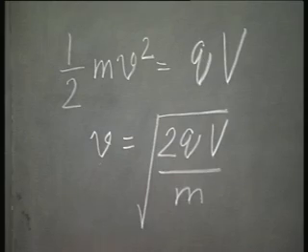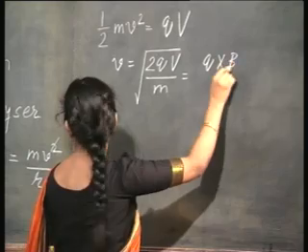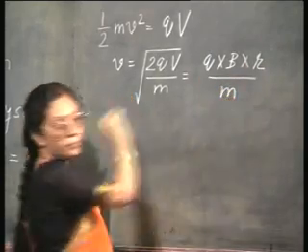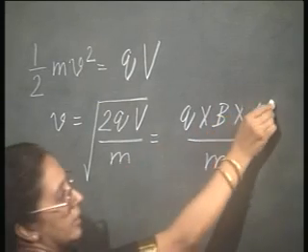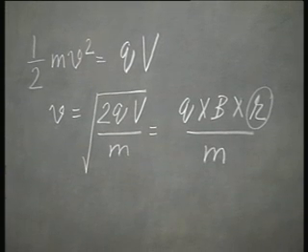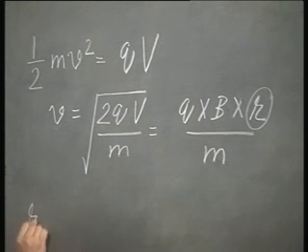I get this is equal to QBR divided by M. So, the radius of the circular motion of the particle, that is R, is therefore given by